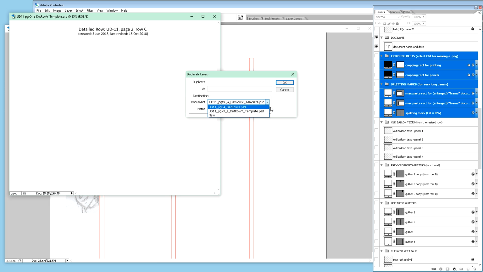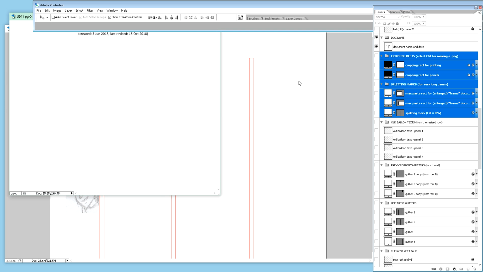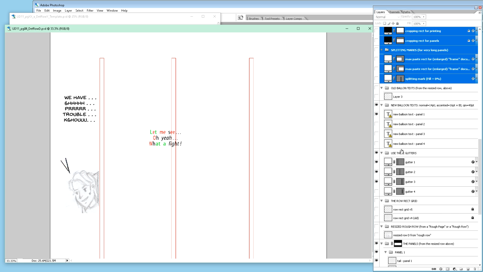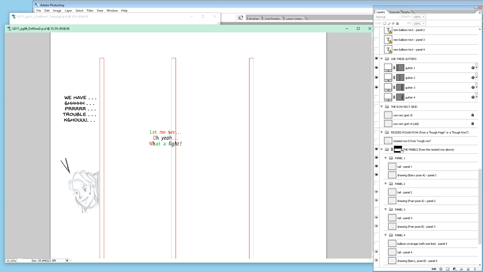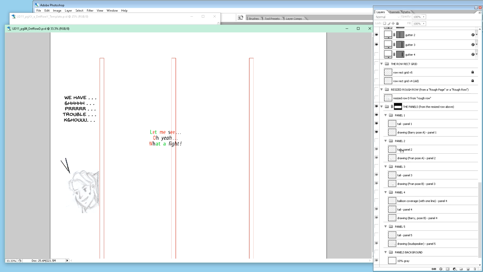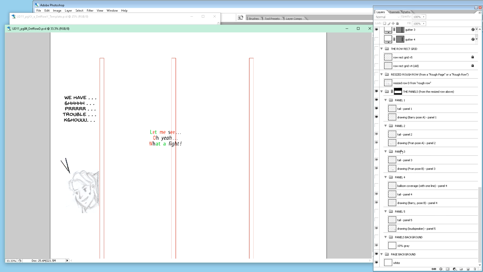Duplicate them into 4D, okay? And I think that's mostly row rect, resized row panels. Okay, and the last thing is we have to exchange the